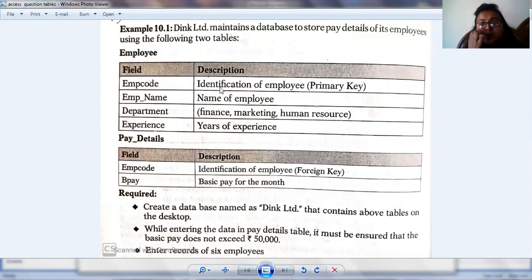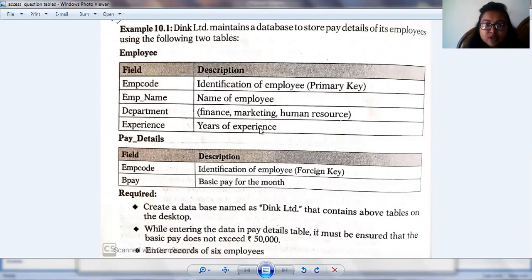I'll explain what the primary key is once we go back to the question and do it practically. Second, employee name, the name of the employee. Department: it has been specified that the department in the company is either finance, marketing, or human resource.